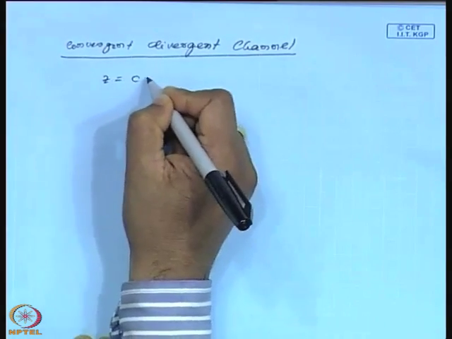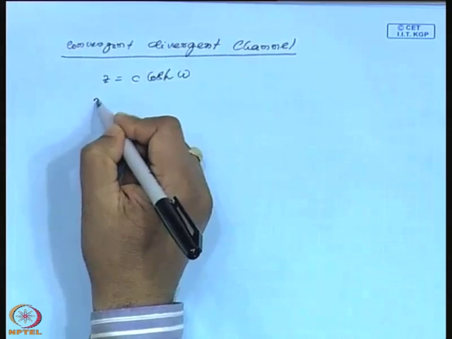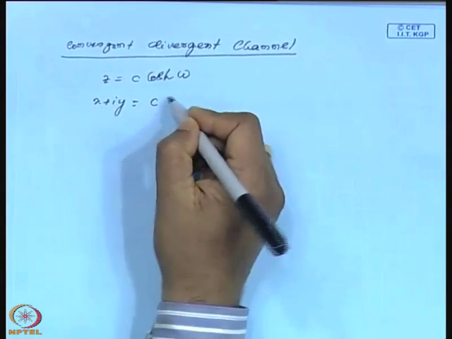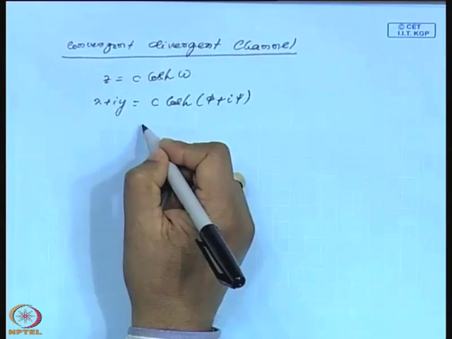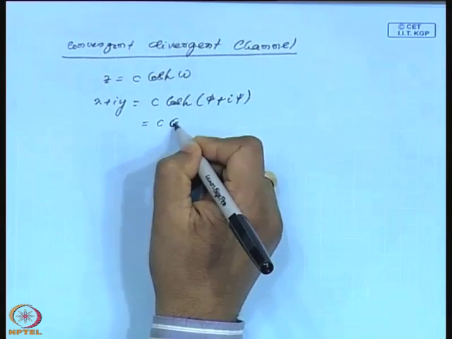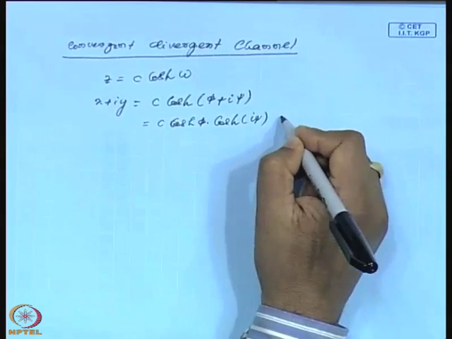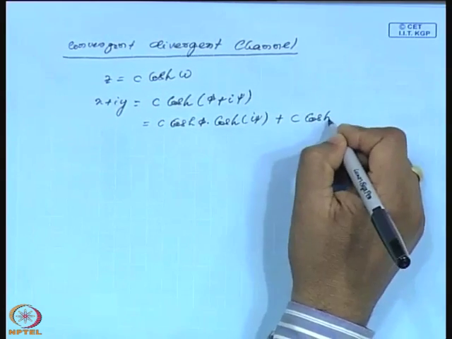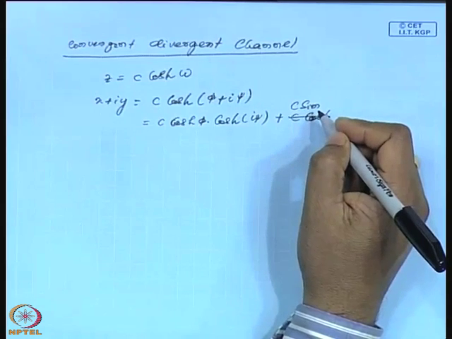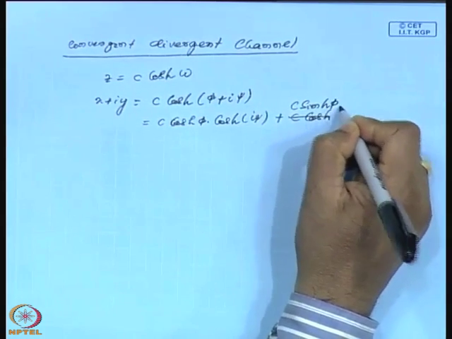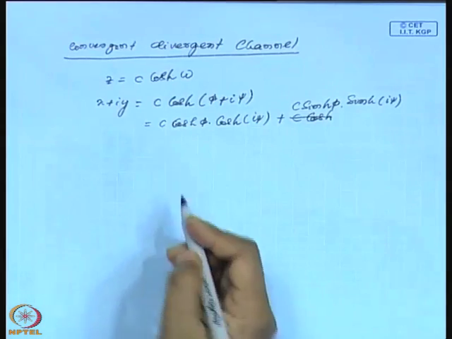Suppose I say z is equal to c cos hyperbolic w, where z is equal to x plus i y. The problems are very interesting actually. So c cos hyperbolic (phi plus i psi), and now if we expand this, this is equal to c cos hyperbolic phi, I will utilize the characteristics of this, cos hyperbolic i psi, plus c sin hyperbolic phi into sin hyperbolic i psi, and this will give me,